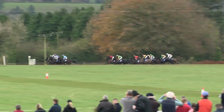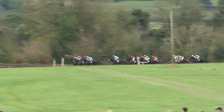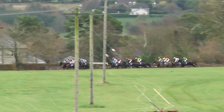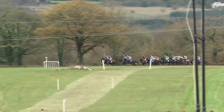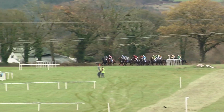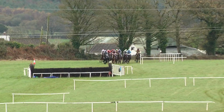Also up there with the pace is Captain P. Another one not too far away, widest of all, is Working Class Hero, and also up with the pace is the John Halley runner in the Maroon Silks, Templetown. So as they fan out and come down the hill on the approach to the first of the 13 fences,